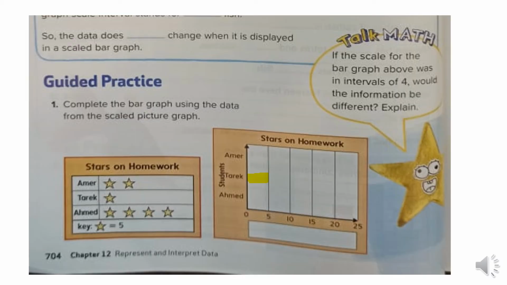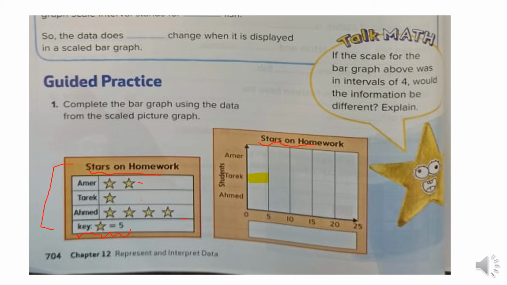Now, let's take another example. Here I have this example, and this is my picture graph. It's about stars on homework. So I will repeat the same title in my paragraph. Now I will just copy these data in my paragraph. As I said, I should take care about my key and I should read it carefully. Here, the key says that